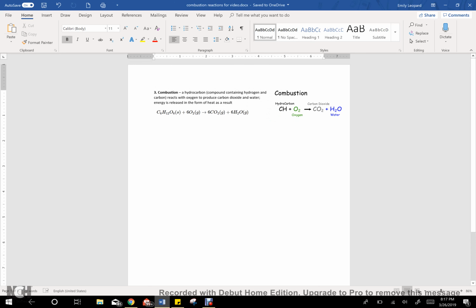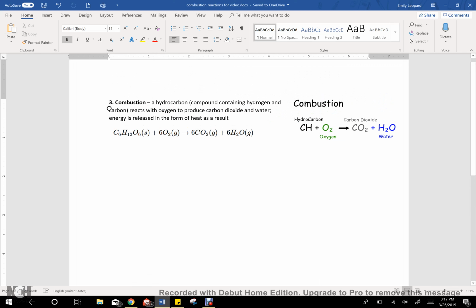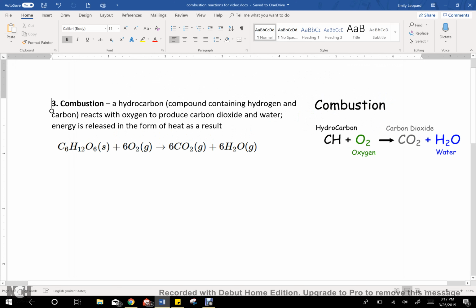Alright guys, so you all are group number 3 and you've been assigned the third type of reaction that we cover, which is combustion. This is the one that we may be most familiar with just in everyday life. This is what allows our cars to run. This is what's going on in your engine. It kind of gets you from place to place. I know this is a big year with a lot of you all getting to drive, so